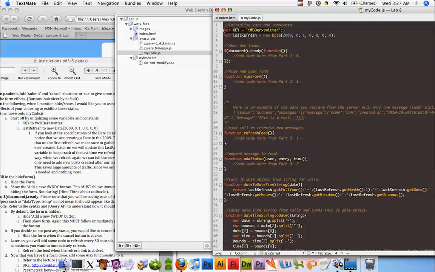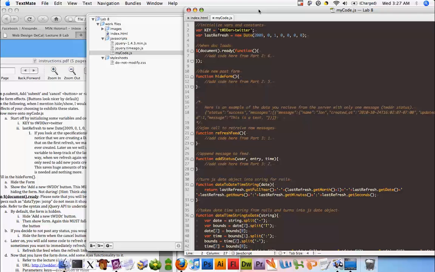When we set it just here, we can now reference the value of this anywhere in our JavaScript file by just using key. And so we don't have to basically type this Twitter is greater than Twitter in multiple places in our JavaScript file. So if later we ever change this key, it's very easy to update our JavaScript file. All you have to do is just set this key variable to the new value at the top of the JavaScript file, and you don't have to go and search and find where the old value is